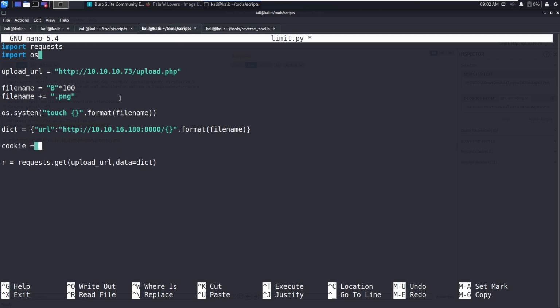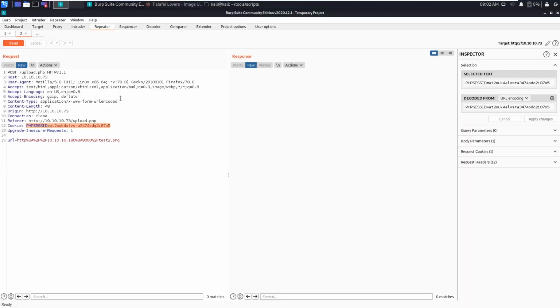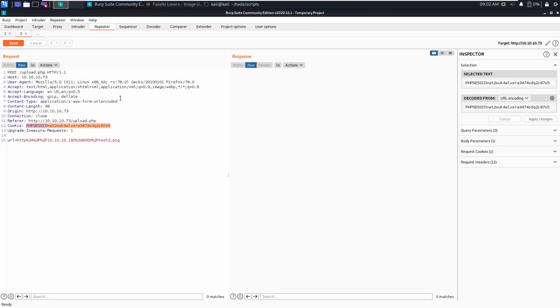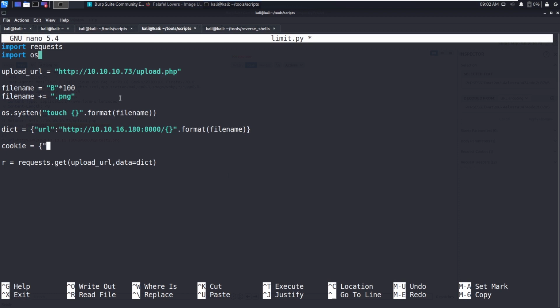Cookie equals PHPSESSID colon this one. So that should do it, that is our cookie. So with the admin cookie I am sending this request, so that should upload it.